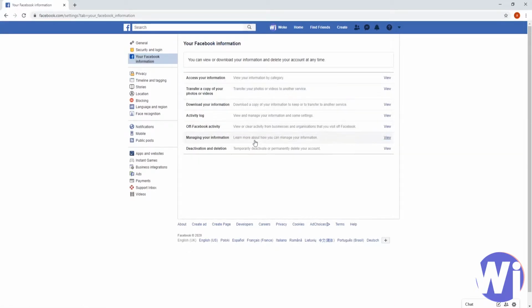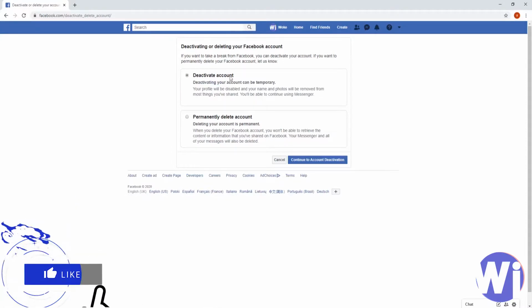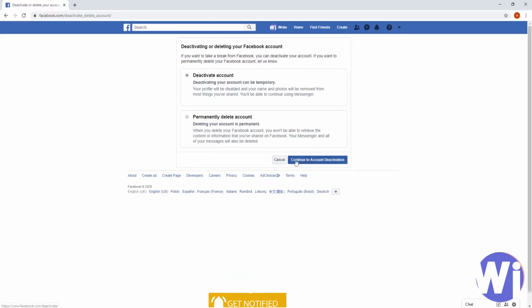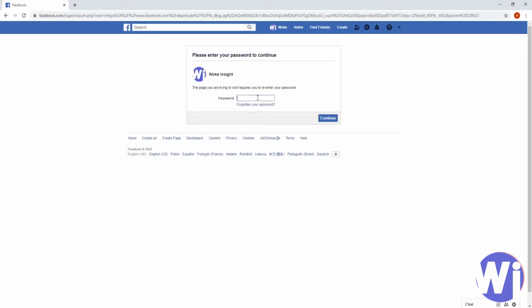and then you just come down here where it says deactivation and deletion. You click, well, you can click anywhere, and then right here at the top just make sure that deactivate account is selected, and click the blue button where it says continue to account deactivation. Enter your password,